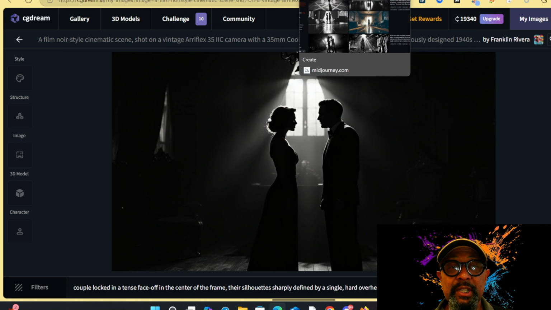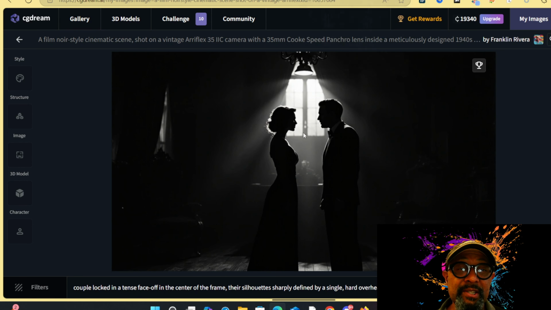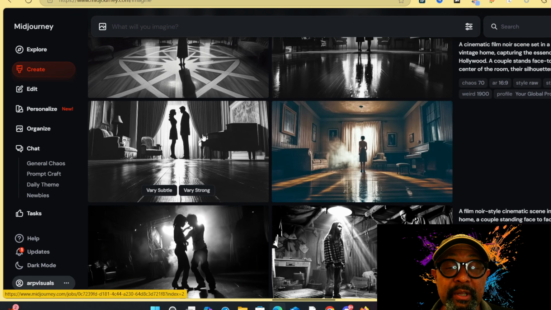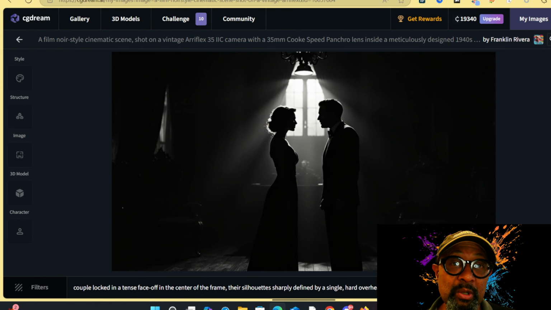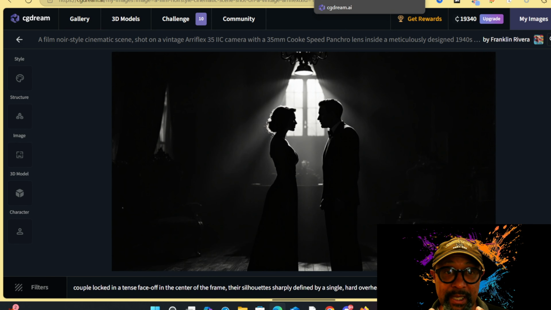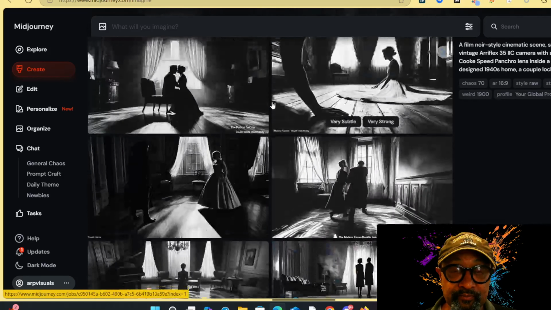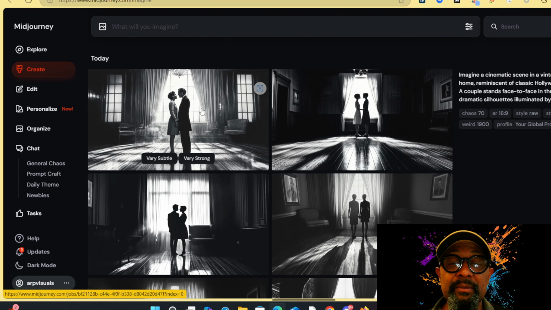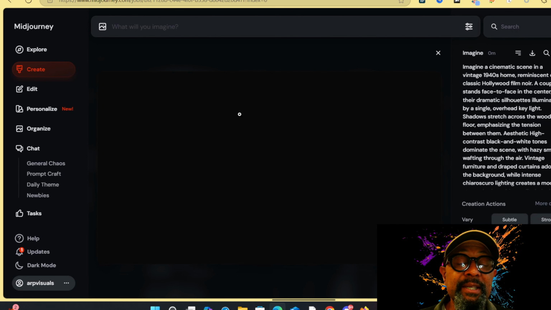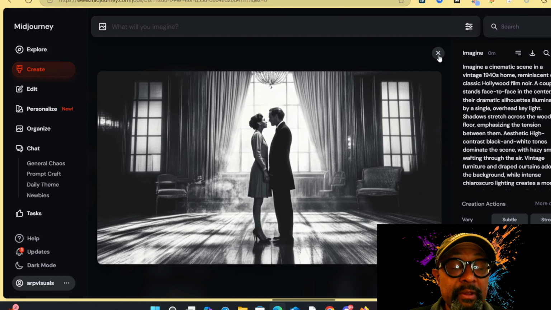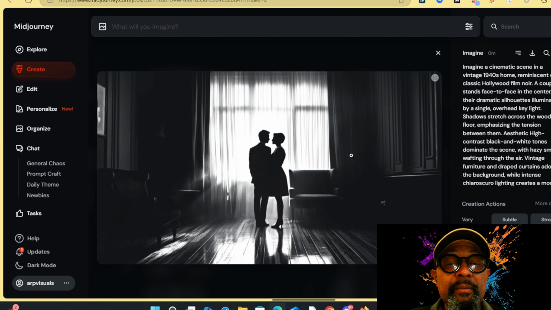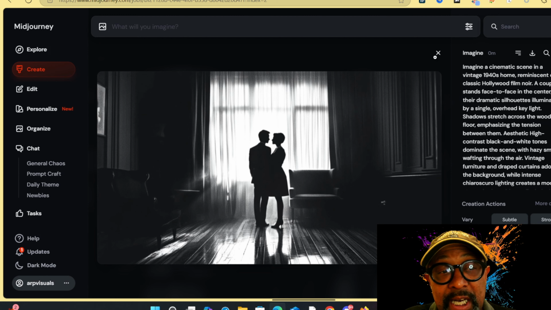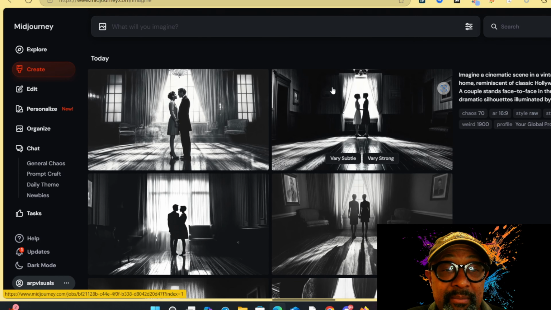So as you can see, I actually have two different scenes that I could probably use in the same film. One from Midjourney, then maybe the second image that was created in CG Dream as more of a close-up, or this can be an introduction and then do a pull-out. And let's look at the last one. Actually pretty good. Meta AI did a great job. There's one right there. There's two ladies, there's a guy. All right, so Meta AI did a pretty good job, and I have used it quite often, probably more than